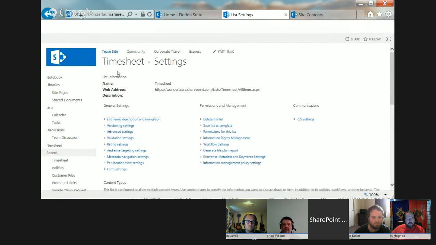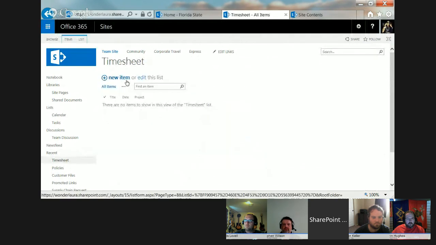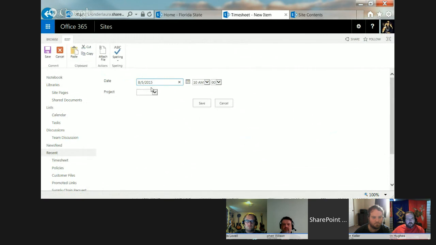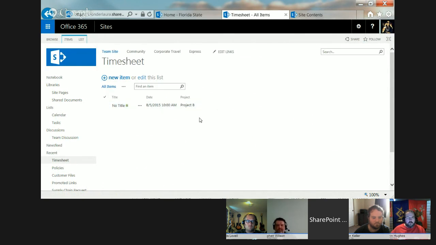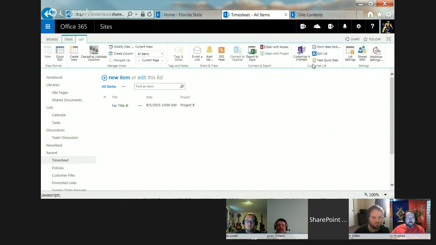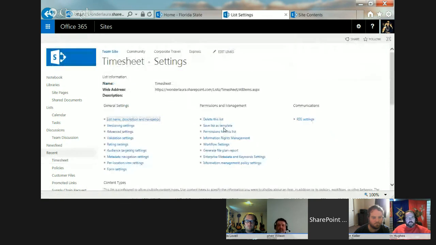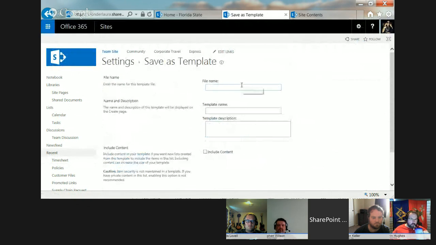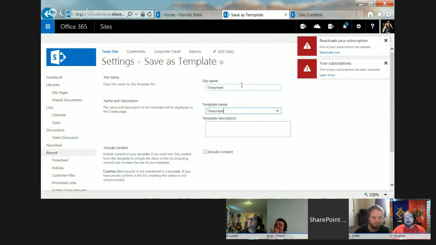So now timesheet, new item, title. I could still go remove title from my default view as well. See, it's got no title. Okay, so go to list settings, save list as a template, call it timesheet,